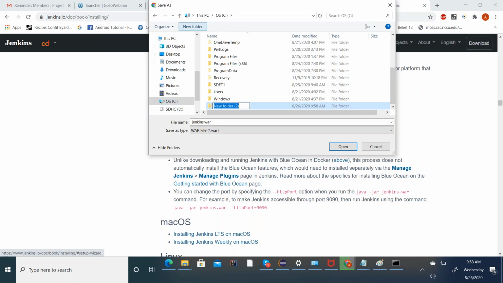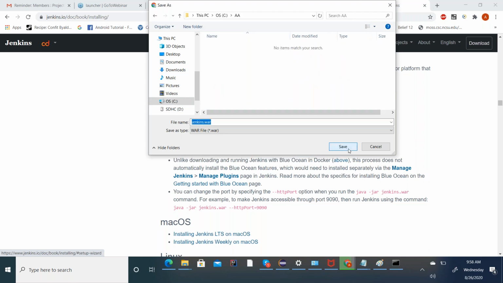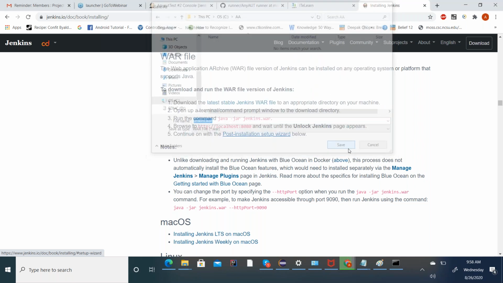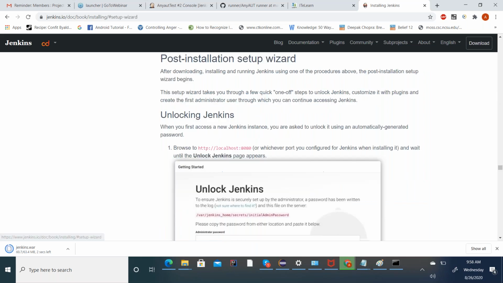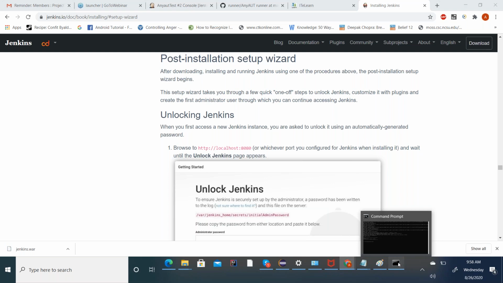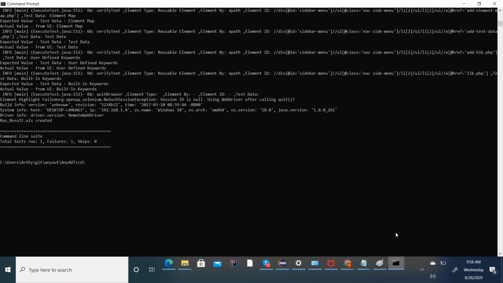The Jenkins program files. Browse to and wait until the Unlock Jenkins page appears. Continue on the post-installation setup wizard. It will be all the unlocking and installing the plugins. So primarily what we're going to do now is